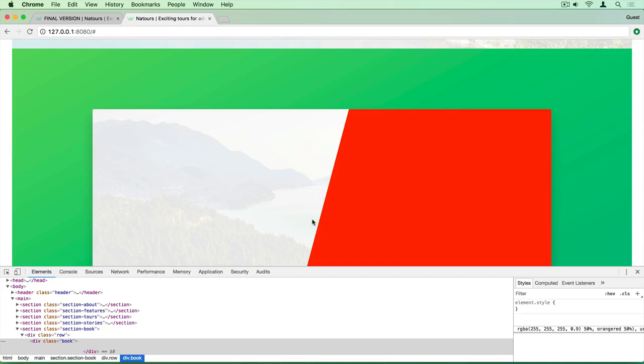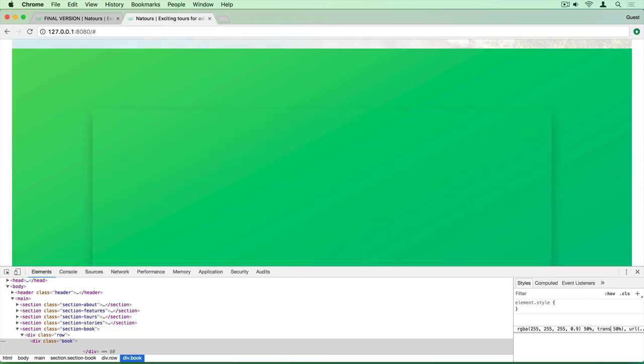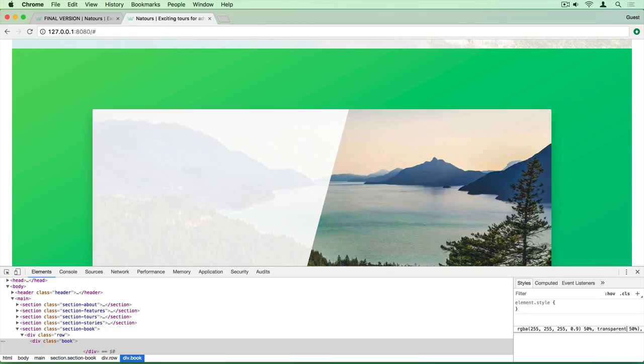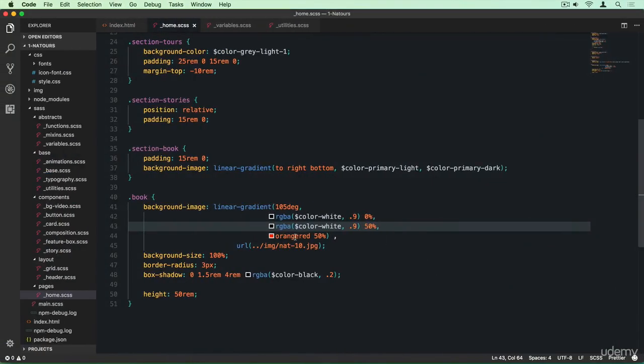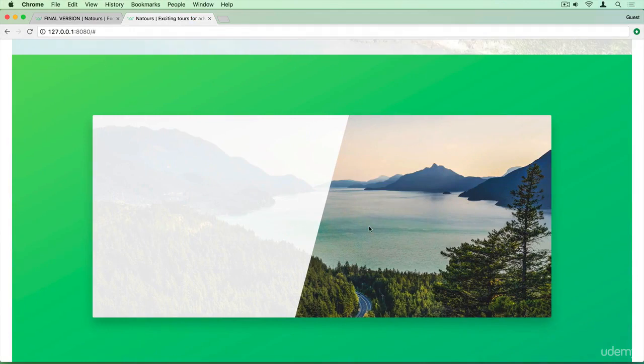Now, in order to make it look like our original version, all we have to do is to replace this color here, orange-red, by another color which is transparent. So, transparent. That's also a valid CSS color, and it's simply the absence of any color, okay? And so we can use that to our advantage in this technique here, okay? So transparent, replace it here, transparent, and that's it. So with this simple trick, we just created this awesome effect here, and it was really simple, no clip path